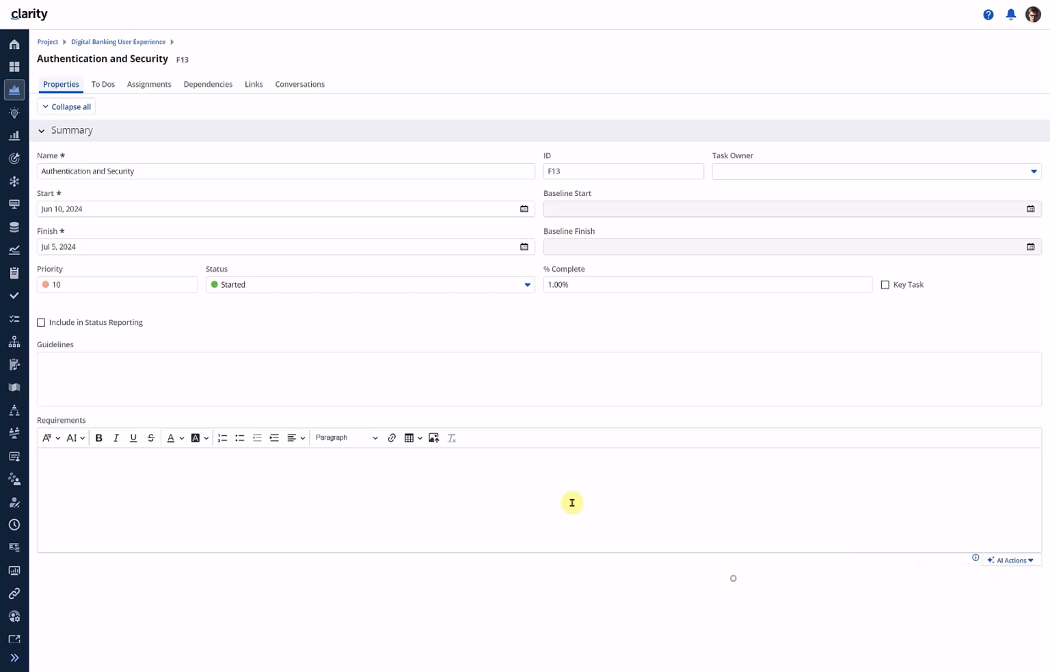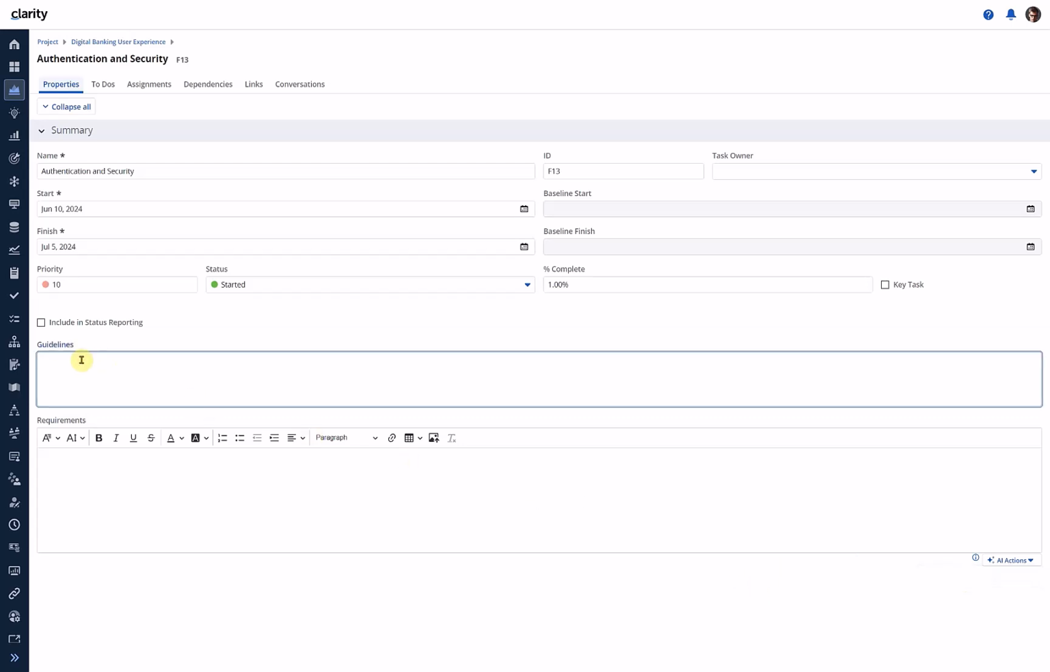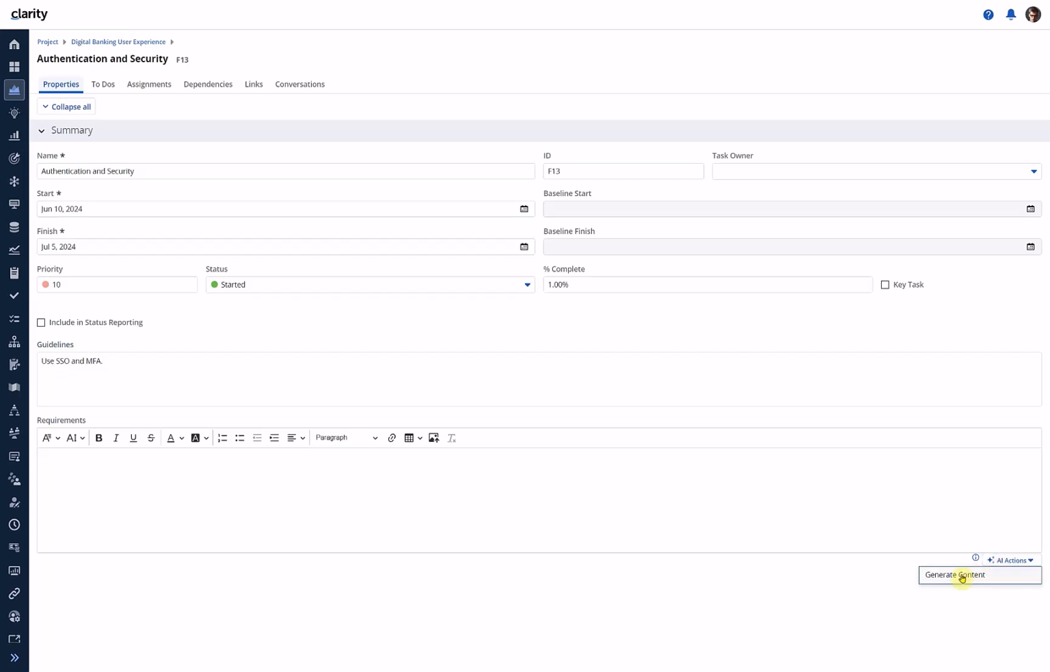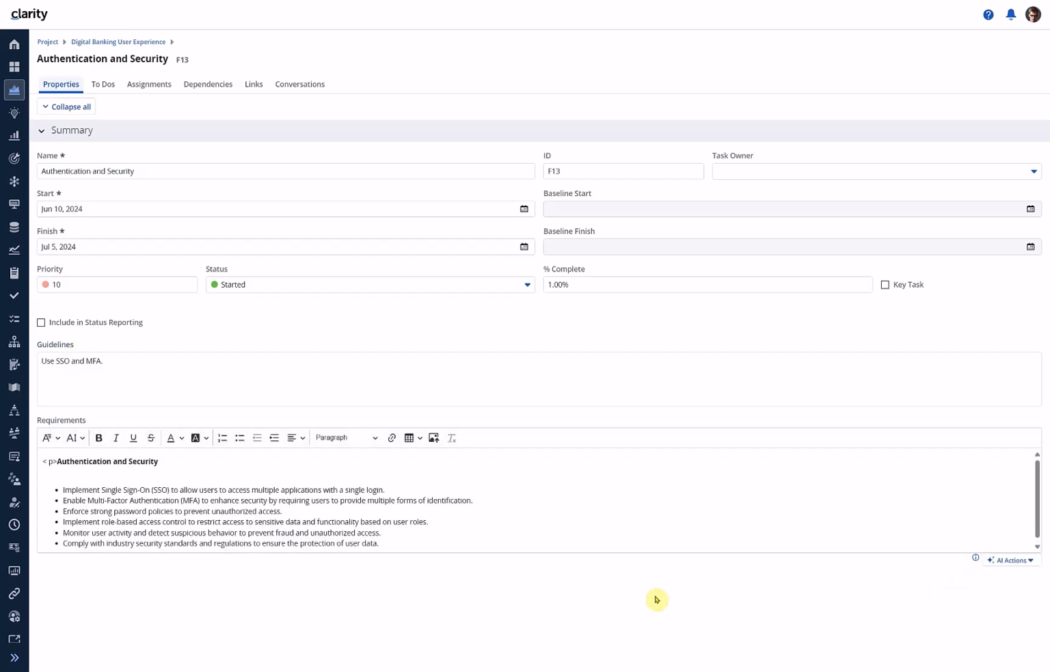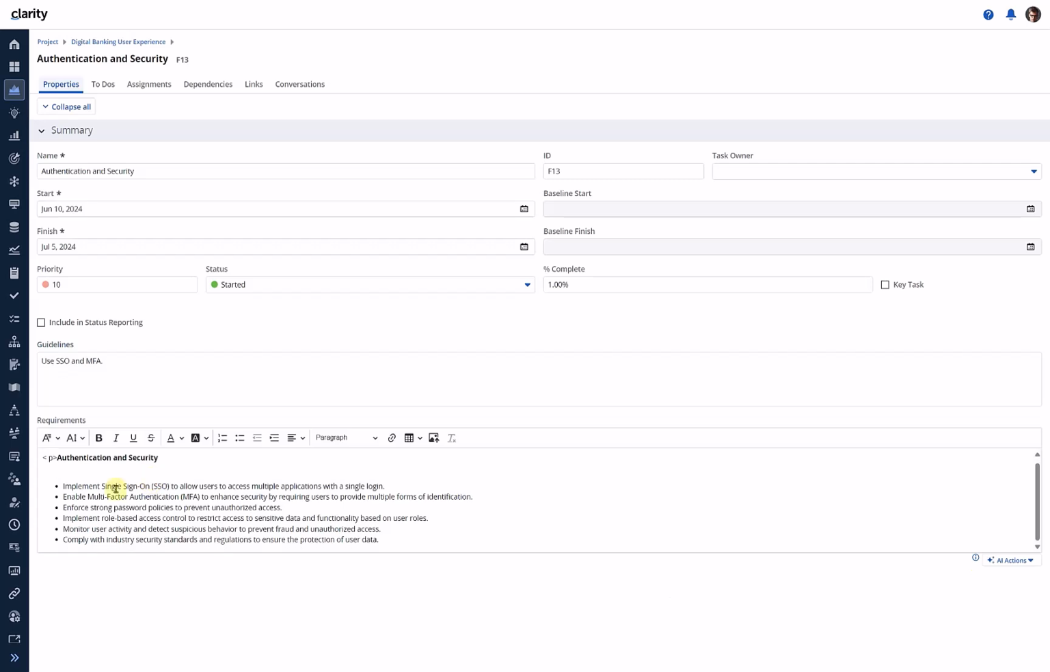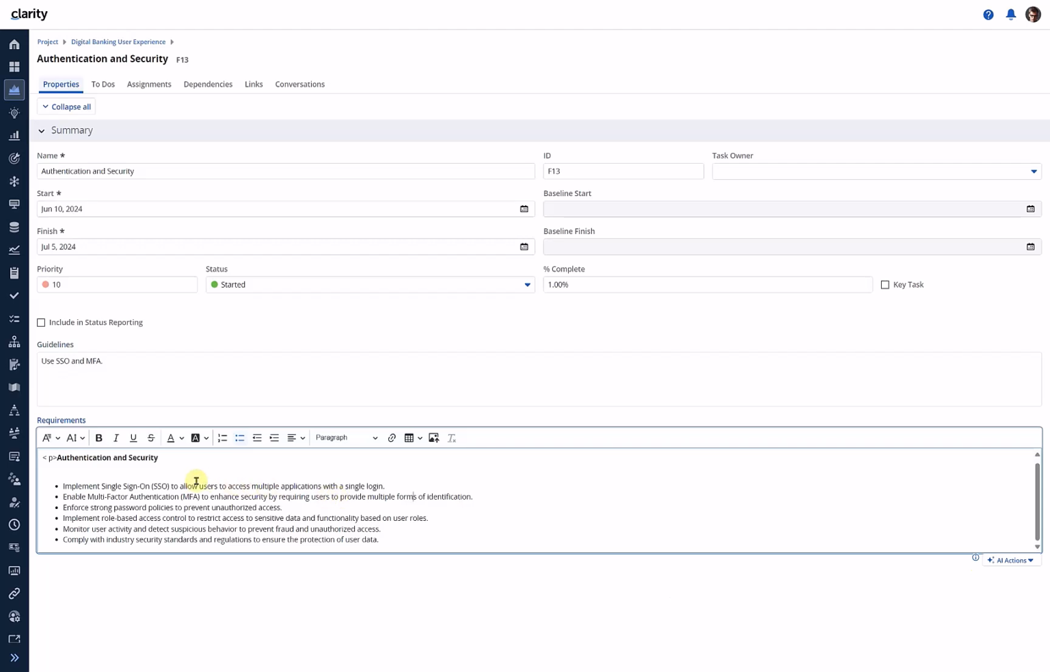Before I do that, let's also populate, because I had said to use the context of guidelines. So I'm just going to populate something in the guideline, which is use SSO and multi-factor authentication. That's just my very simple guideline that I'm going to pass, that when I am working on authentication and security, that's my guideline. So let's see what should be my requirements. I can go ahead and say generate my content. And in this case, it has created a good list of content